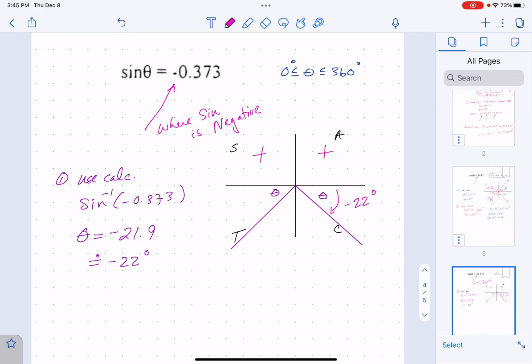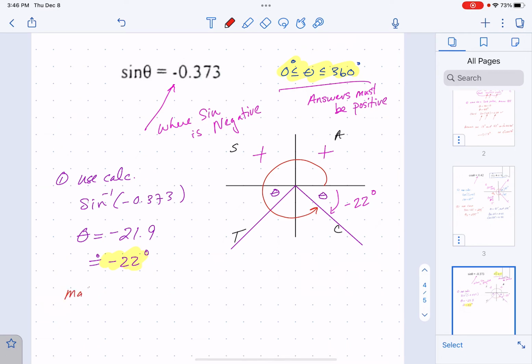But let me ask you a question. Is negative 22 degrees on this domain? Is negative 22 between 0 and 360 positive? It's not. So even though that's an answer, it's not in the format of the answer that we want. This says that my answers must be positive. Now, this is still a good answer. I just can't call it negative 22. I need to call it